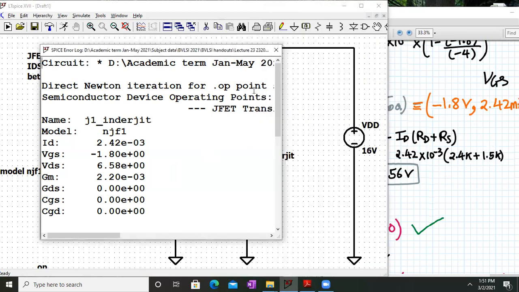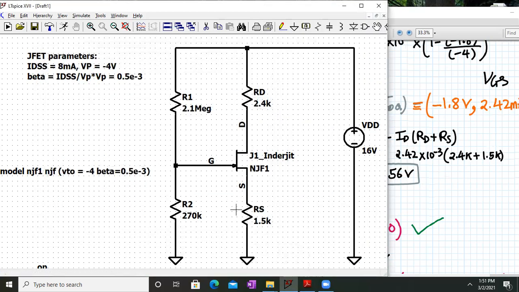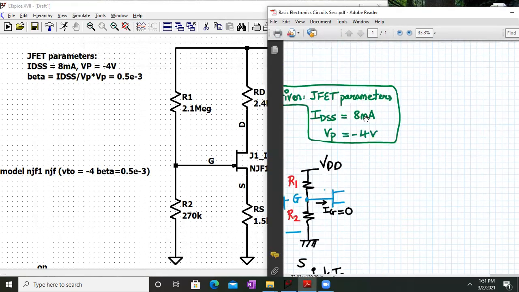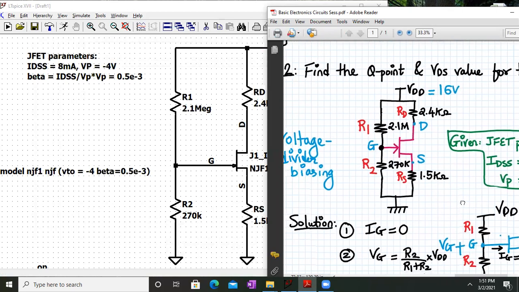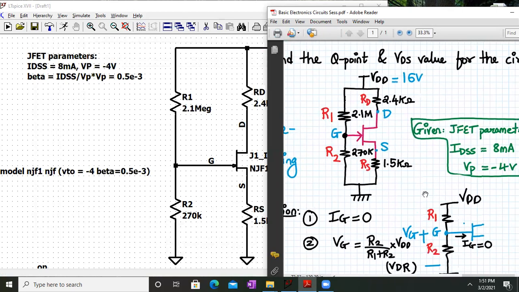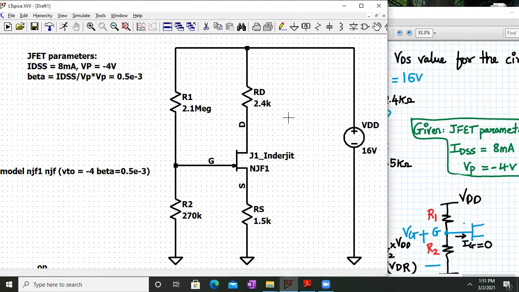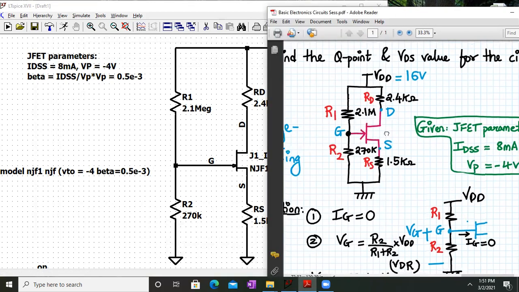So the JFET voltage divider biasing circuit, whatever we have solved on paper using analytical formulas, the LTSpice simulation results and the analytical results are one and the same.